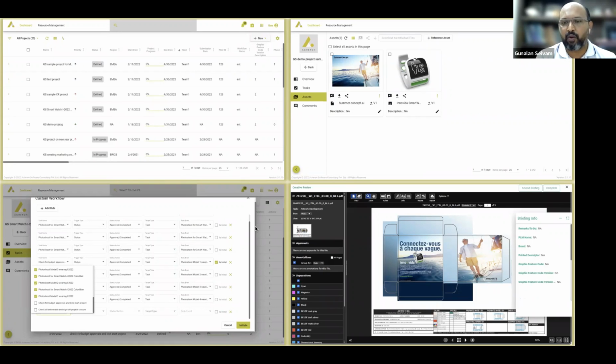So you need not only depend on the standard workflow, which is like after an upload there will be a review, and then after a review there will be a publish. Here we have given the project manager the capability to design their own workflows based on the campaign requirements and the business requirements. Yeah, that is about the bottom left corner. And in the bottom right corner, you see the creative review tool, which is used to annotate, comment, give feedback, and obviously